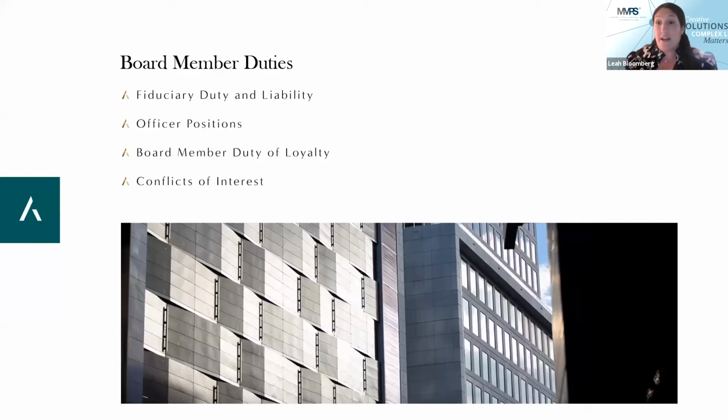If the president is unable to be present or sign, they went on vacation, you can't get them, the vice president usually fills in the absence of the president. They usually have the authority to basically do anything that the president would be able to do if the president were available. Secretaries typically keep minutes and are responsible for serving notices.